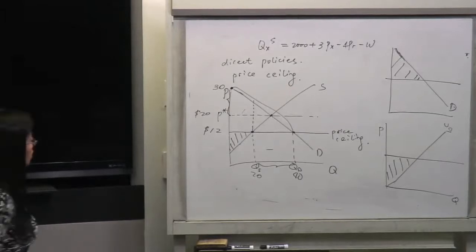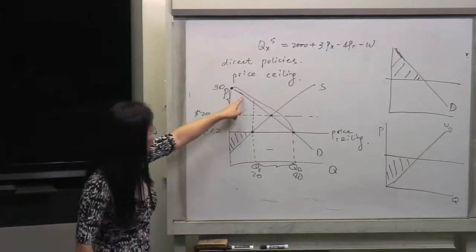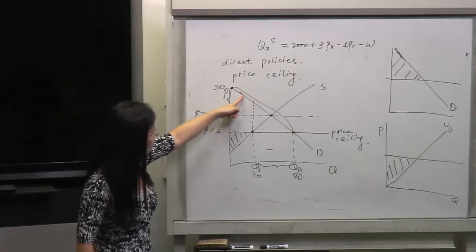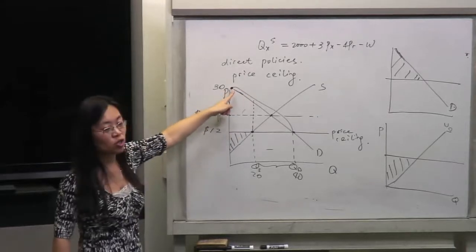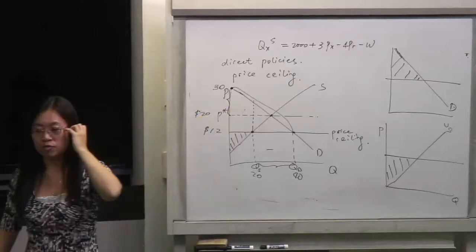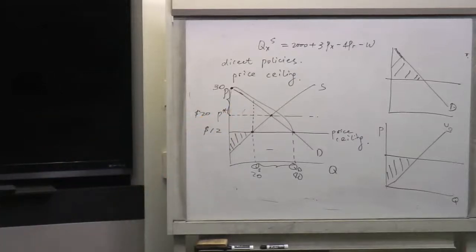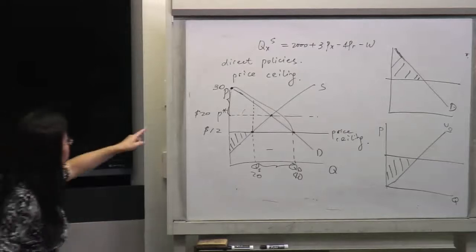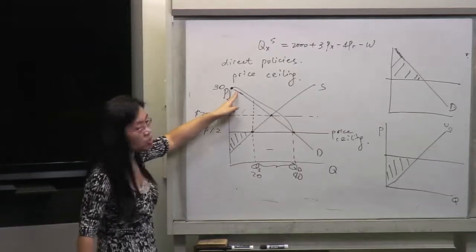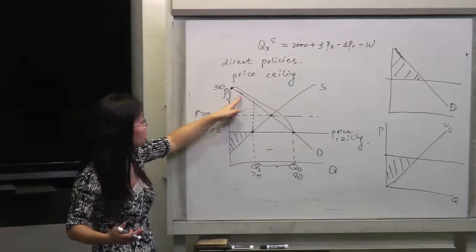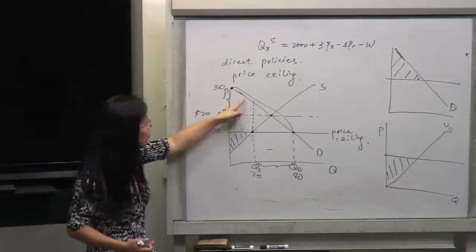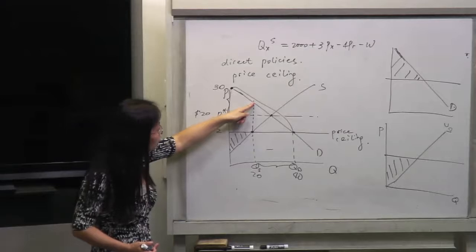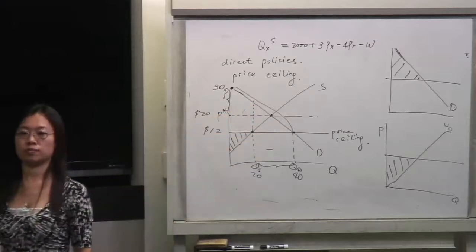And for this guy here, he is probably willing to spend the whole amount, and the other guy is probably willing to spend not the whole amount, probably three quarters of that. So for all these people, they are going to be willing to give up a little bit less. This guy is going to give up even less, but all these people are willing to give up more than the rest of them.